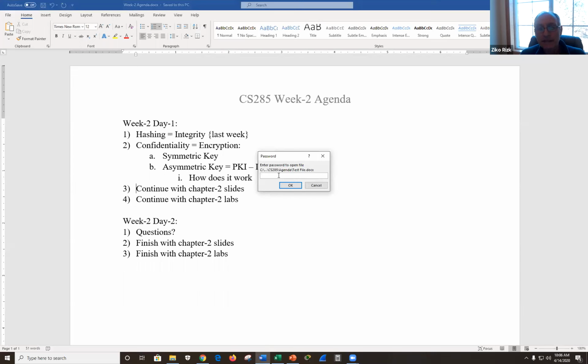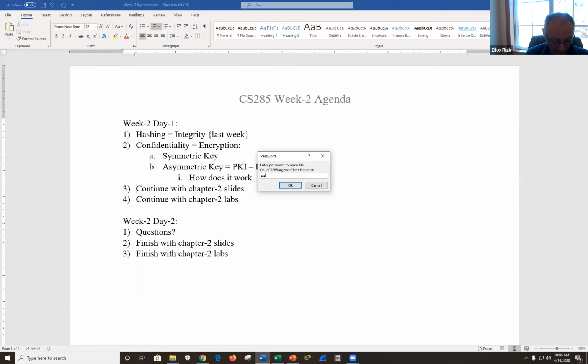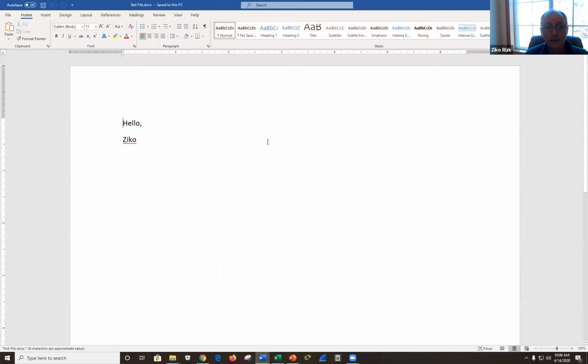This is symmetric encryption. We're using the same password to encrypt and decrypt. And symmetric encryption works super well and works with relatively short keys. And I want to show you that, but let me go ahead and type in the password. Now, if I enter the wrong password, it's going to say, nope, this is the wrong password. And once I type in the correct password, it will open the file for me.